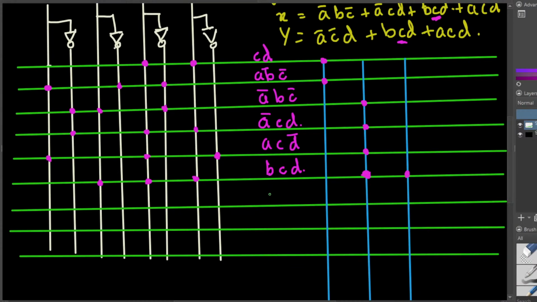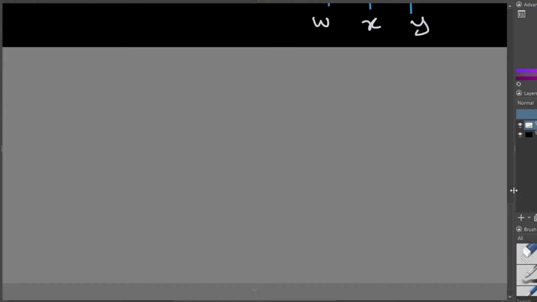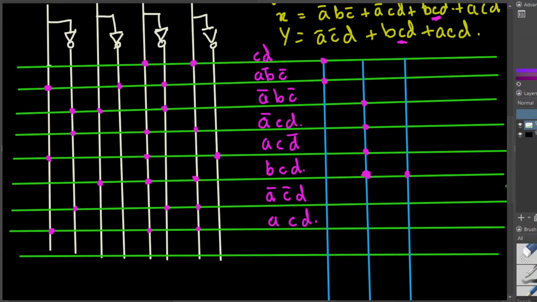And the last one we have is A bar, C bar, D. A connected with a NOT, and then C connected with a NOT, and D connected directly. And then we have BCD, we have already taken care of, and ACD. You see it reduces the expression by taking it like this. So the next thing is ACD, A connected directly, and then C connected directly, and then D connected directly. And that's how we can design an expression using PLC